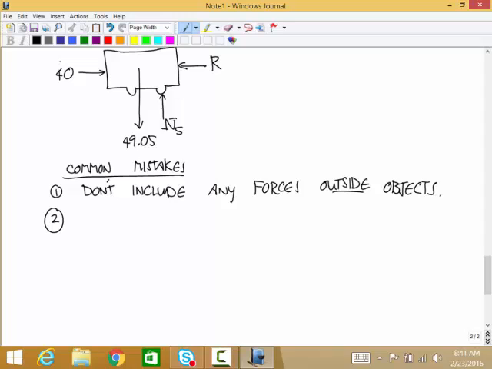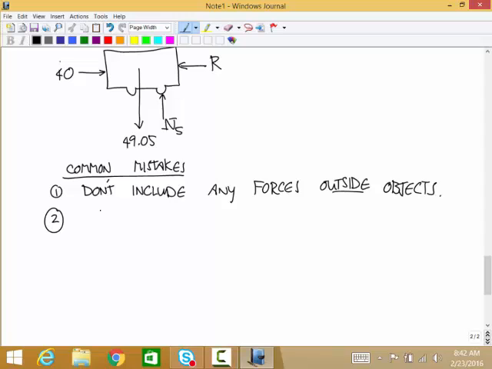And the second one is, remember, how do you know when you're done? You know when you're done when you've included any field forces, the weight, and then you've gone around the boundary and represented every single time the outside world makes contact with that boundary. Okay? So if you're missing this R, this contact force from the 3 kilogram box, you've gone around the boundary, gotten to that point, there's contact with something, and you haven't represented it. Okay, so that's how you can always know whether you're done or not.